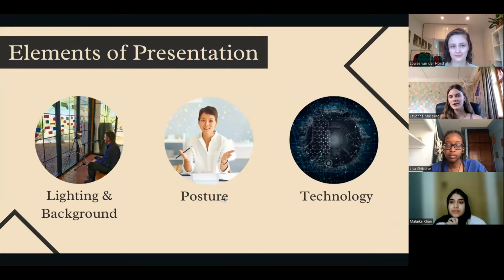So then, as Malaika was mentioning, the lighting and background are very important because we all go more with the visuals. That's the first thing we see. And again, it doesn't have to be the greatest. You don't have to have the most amazing lighting. I always struggle with lighting. It's horrible. But as long as you put in the effort and you can see your face,